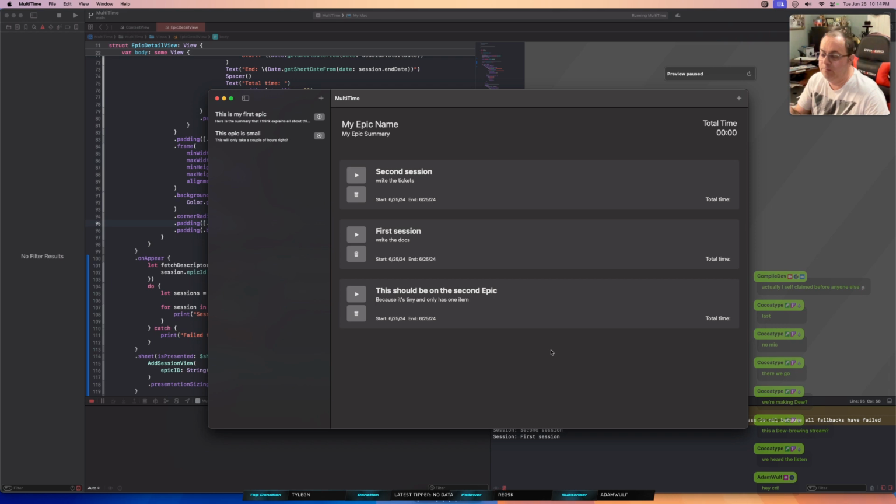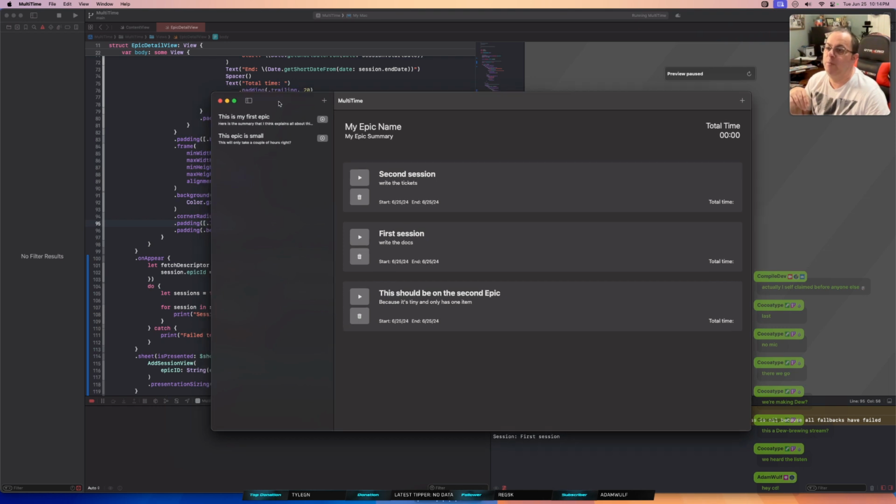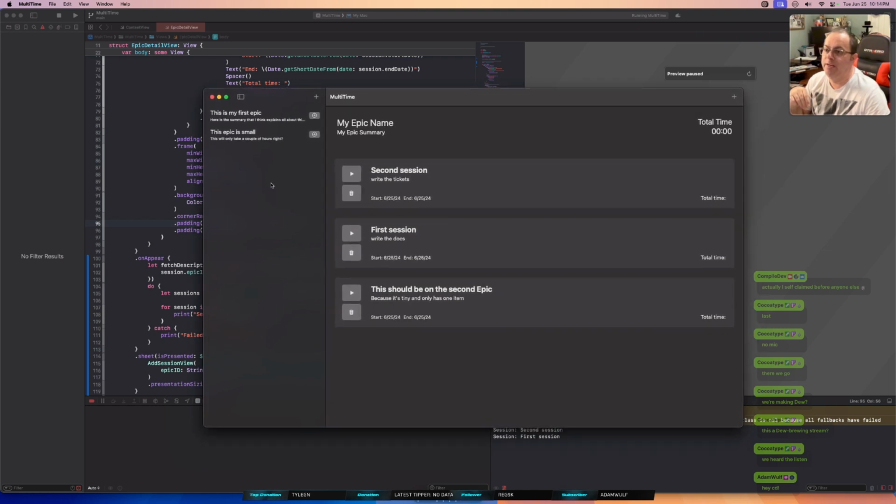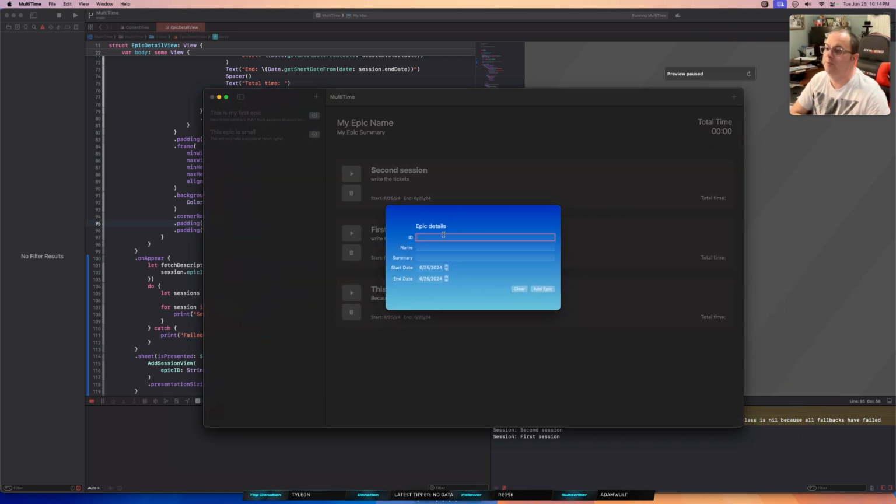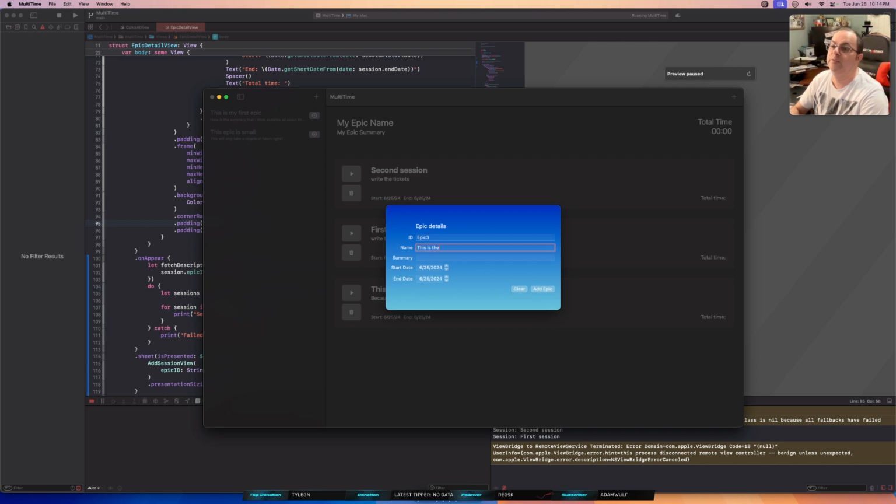Working in the sense of what you see here works. Mostly, I'll explain. So this is my way of keeping track of epics, Jira, tasks. How this works, you add an epic here. We'll give the epic an ID because anyone that's ever used Jira knows, we're going to call this one epic 3. This is the third